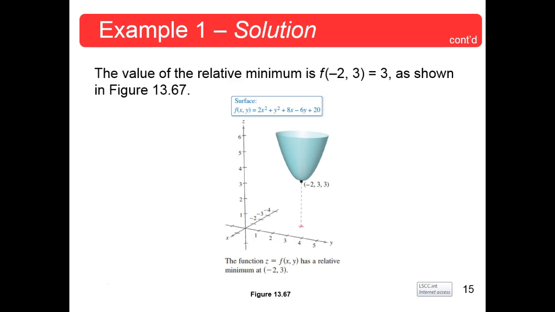And it's a parabola, and we knew that to begin with, so it has to be either going up or down. It's obviously going up. Okay. Relative minimum at negative 2, 3. At the point negative 2, 3, 3. Now,